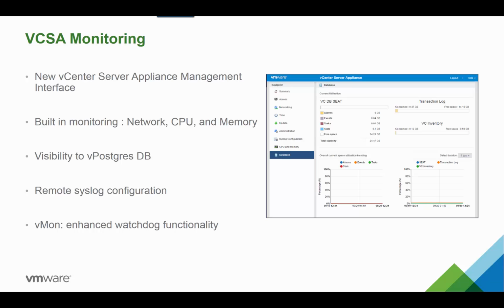Finally, under the hood, we see some significant improvements in the Watchdog Services department with a new service lifecycle framework called VMON. VMON unifies the previous 5 Watchdog services in vCenter Server 6.0 as a single source of truth to simplify managing and monitoring vCenter Server services. VMON also helps to keep track of these service dependencies, which could become quite complex. Additionally, features such as vCenter HA will take advantage of VMON to help make decisions as to when to fail